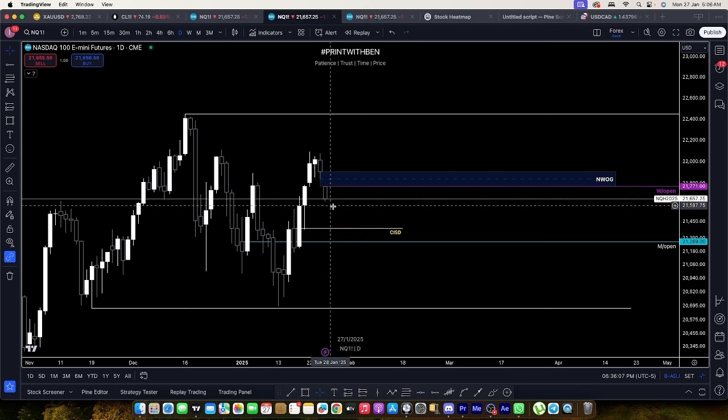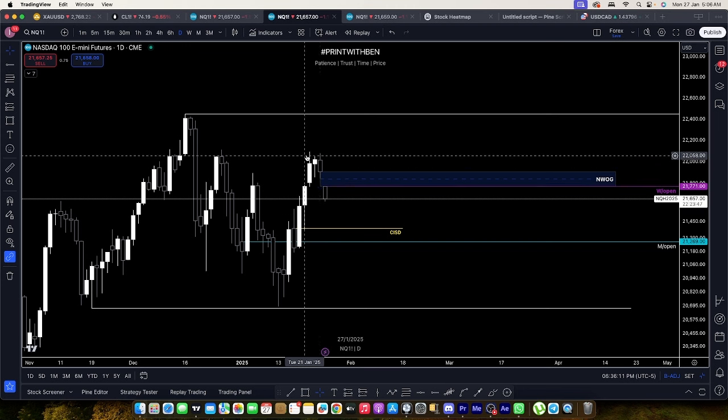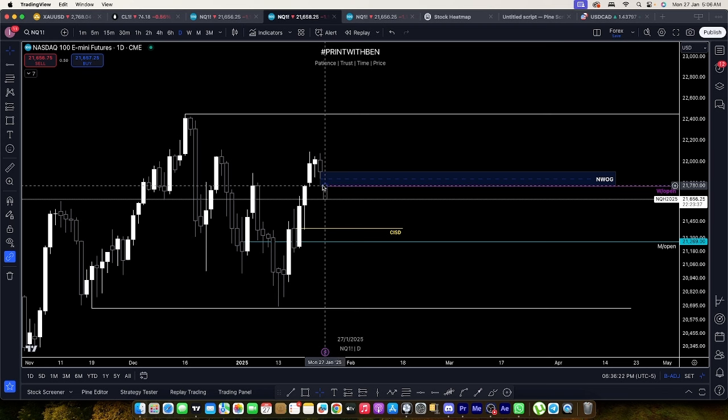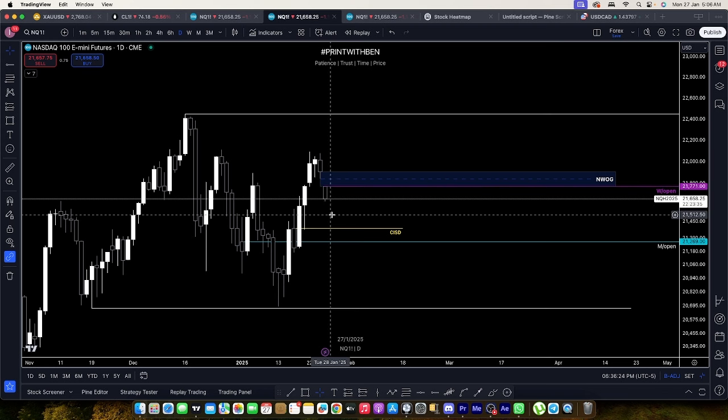Because we are very bullish, I don't want to short this. Even if I'm planning to short it, I would only short it on the premium part. Right now, I don't even see any wick. The weekly candle has only just opened. The weekly candle may trade down, create a wick and then go up higher. That could be the case.